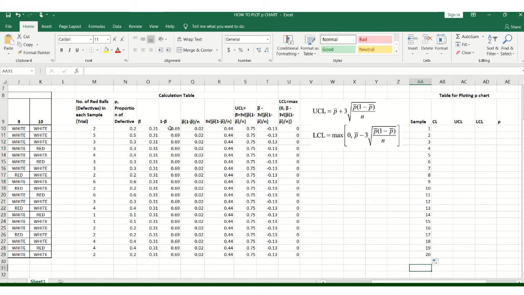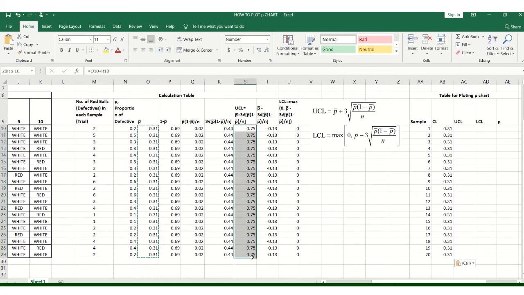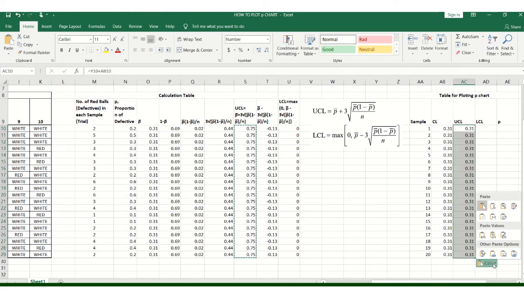Control limit, that is the p dash. I can again copy this. So this is the control limit. Upper control limit, this is in column S. You can see I can just copy the values and paste them. Always remember to paste as values here.